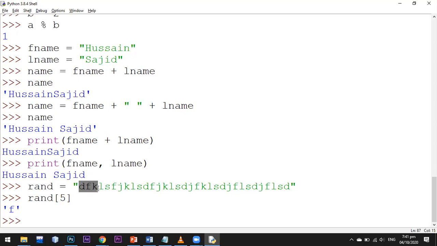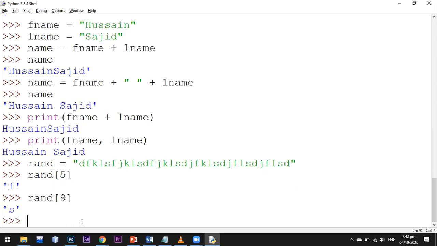If we have to allot chair numbers, then we say this is the first chair, this is the second chair, this is the third chair, this is the fourth chair, and fifth, and so on. But programming languages, in terms of positions, start from 0. So if I typed 5 here, it means that I am calling the sixth character, which was that f. You can see these are the 6 characters. If I want exactly the 10th character, I have to type 9 here, because it starts from 0 and 9 means the 10th character.